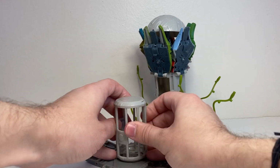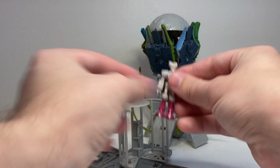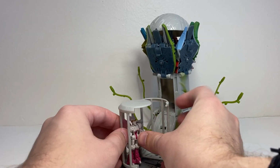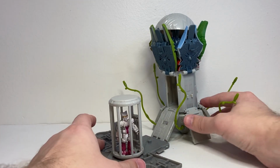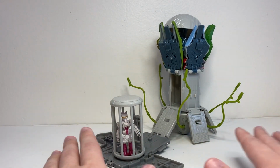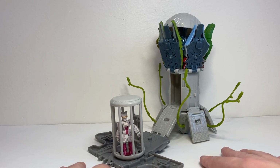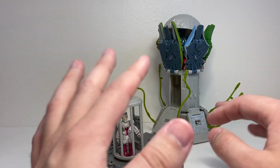and then you can open it up and put Crannics inside, and that's pretty cool. Or other MicroMasters would fit in there too. It's a neat little setup, but I really can't imagine that anyone would display a Quintesson like this rather than in its robot mode. It's neat for what it is, but in my sort of headcanon,